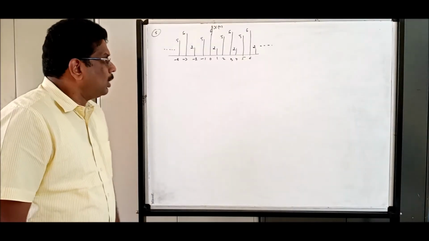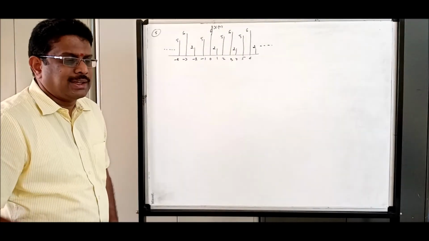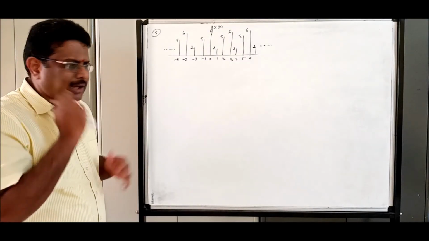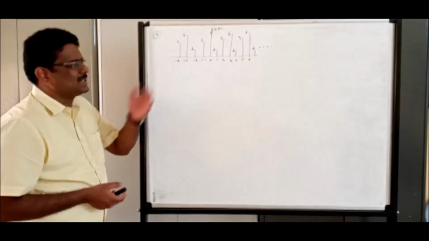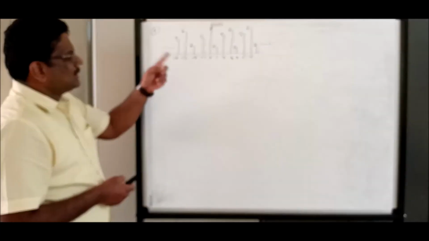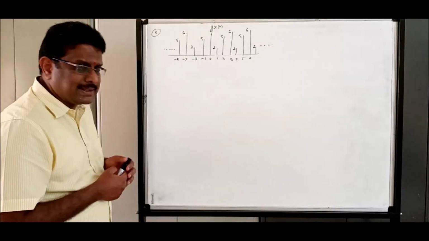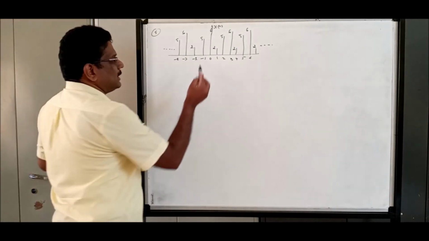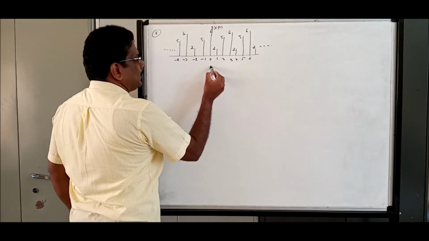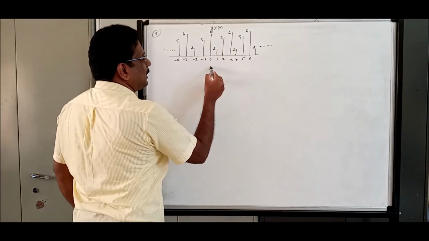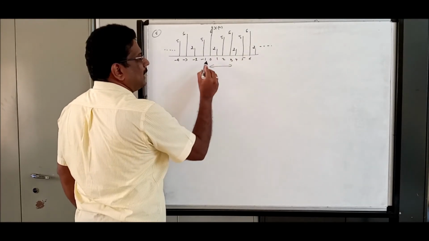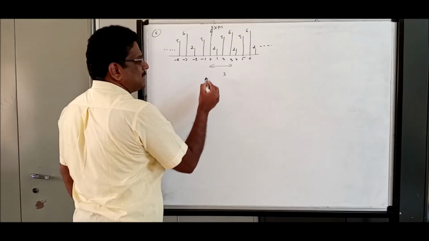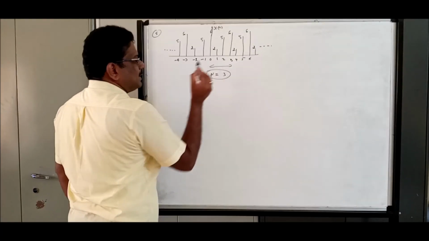We will do one more problem using sketching techniques. In fact, in discrete time there is not much complication in the sketching because it is just mere numbers. Just have a look at the given signal. It is discrete and it is repeating. Am I right? At 0, what is the value? 6. Again, 6 is coming at 3. Again, 6 is coming at 6. So what is the conclusion? From 0 to 3, the gap is 3. I can say N is equal to 3.